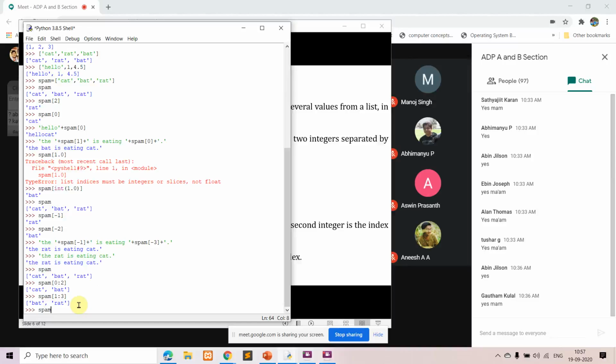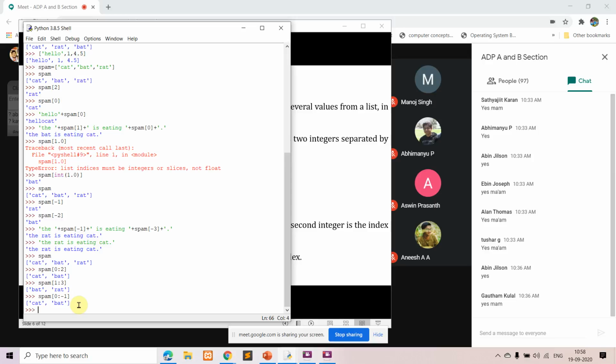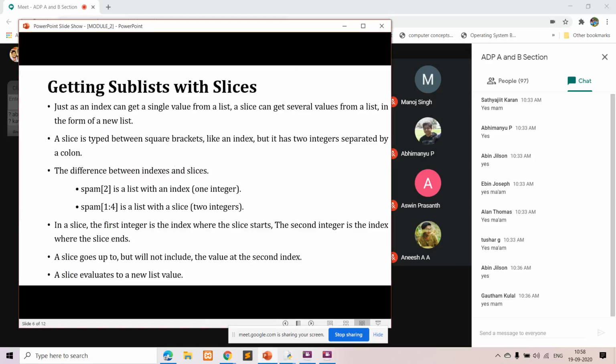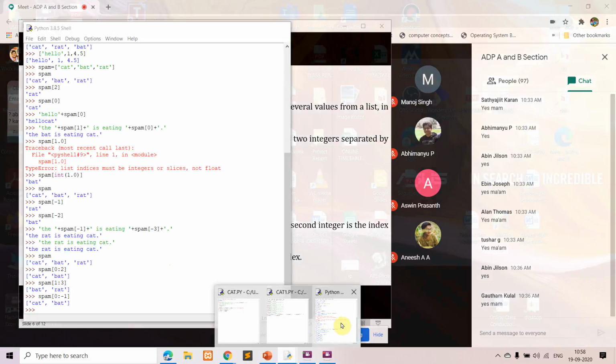Again, we can also use the negative index, what we already spoke about in the previous slide, that is 0 to -1. When you give -1, that is nothing but we are speaking about the last one. So here -1 means the last one, so the last one is not included. That is what they're saying here. When you give it, the second index is not included. That is an example for this.